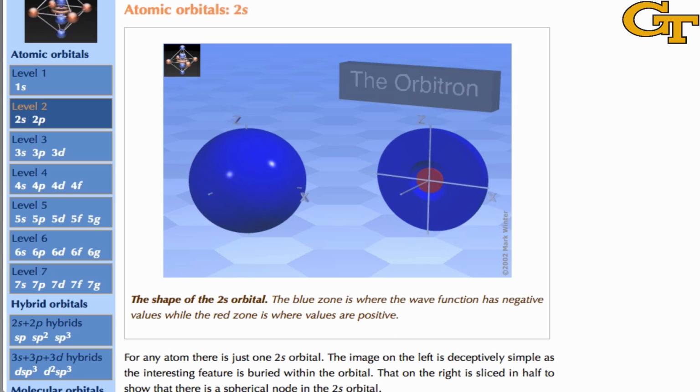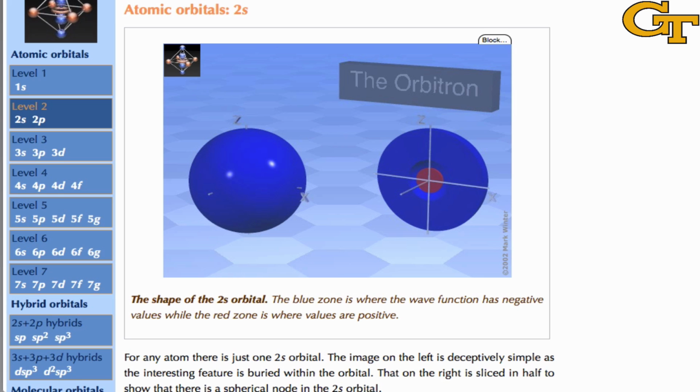The 2s orbital is spherical just like the 1s orbital. In fact, that's where the s designator comes from. But notice that we have a slight sliver in here of density of the opposite sign, and that's what the color means here. We might say that the wave function is positive in the blue region and negative in the red region. Now, because probability is the square of the wave function, the sign of the wave function doesn't have too much to do with probability. But when you start combining orbitals, the sign of the wave function does become very important. So here we have a sphere just like the 1s orbital, but a kind of donut-shaped hole in the middle